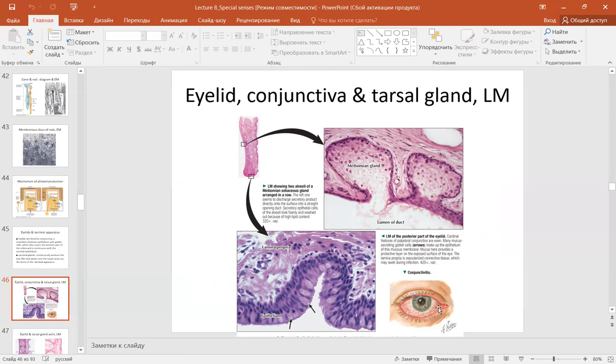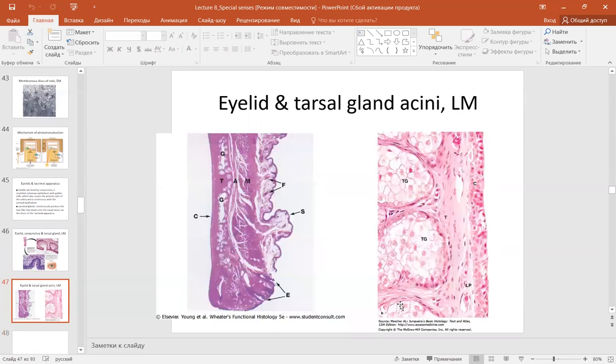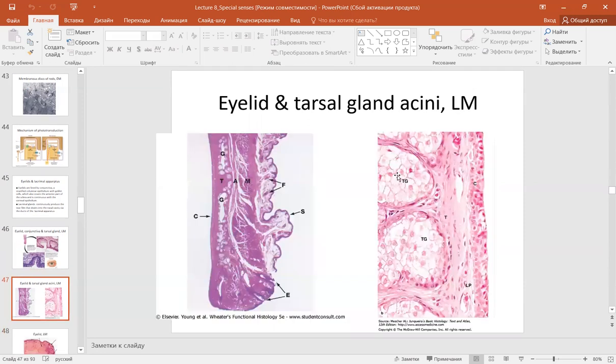Here you have the red coloration of the blood capillaries, which are showing you inflammation of the eye, which is called conjunctivitis. The surface of the eye, the blood vasculature, microvascular bed is overloaded with blood. Here you have increased magnification, the tarsal gland,